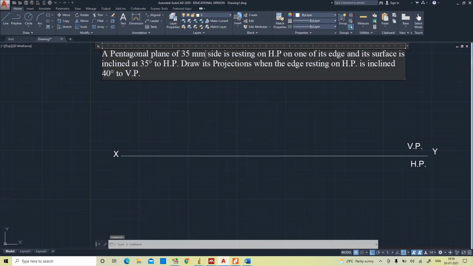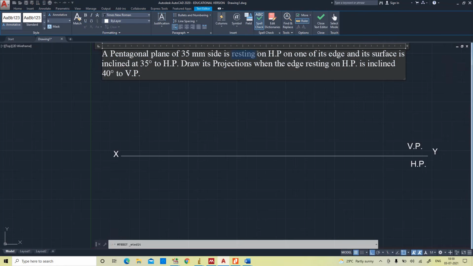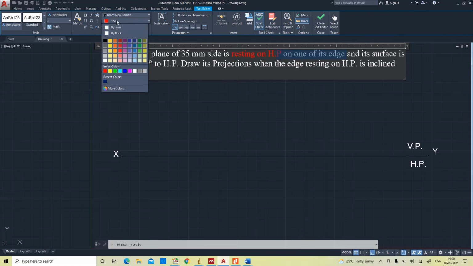You can see here the first case is resting on HP. The pentagonal plane of 35 mm side resting on HP on one of its edge. First case.